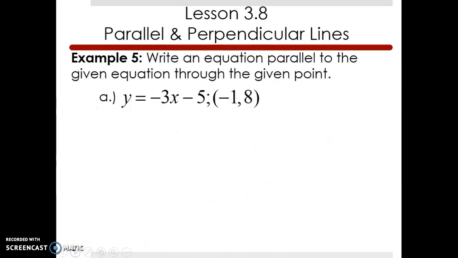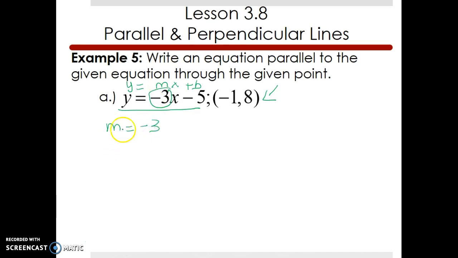All right, so now we're going to move on to writing equations of parallel and perpendicular lines. When you have parallel lines, I give you this line, and I'm telling you I have another line that goes through that point. The only thing I'm going to take from this, if you remember, is y equals mx plus b. Your m represents your slope. In a parallel line, your slopes are the same. So in this case, I'm going to use the same slope, so my m is